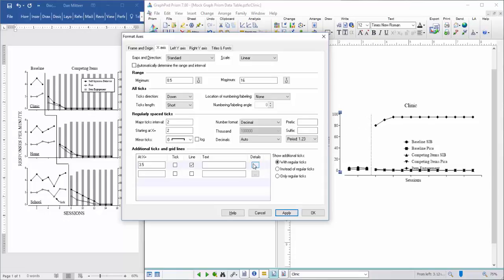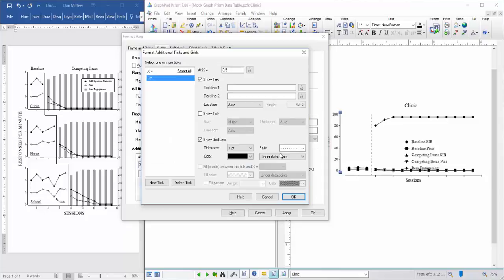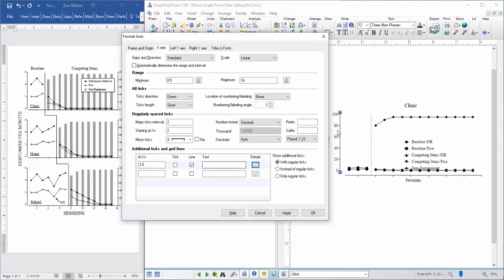And to edit the aesthetics of that phase change line, you could click the ellipsis or the 3 dots under details, and you could change the style and the thickness of that line,